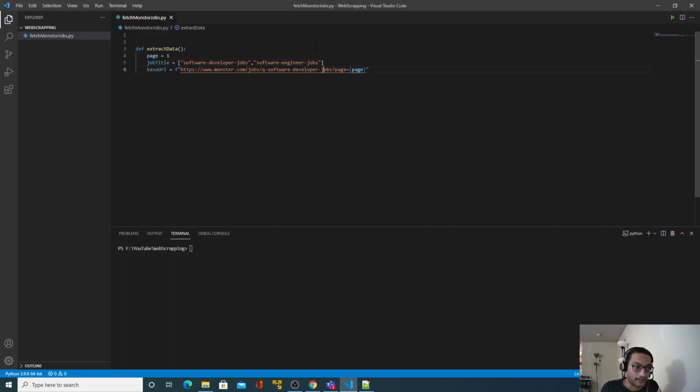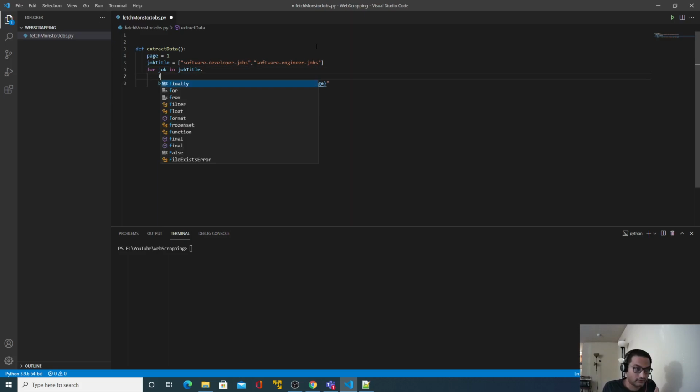Now this thing is a variable because we need to change our URL based on the job title, and since there are 2 elements in that list, I need to use a for loop. So for job in job titles, and I will use a variable here, job. Perfect. Again, if you want to traverse through 2 different pages, we need a for loop for that.